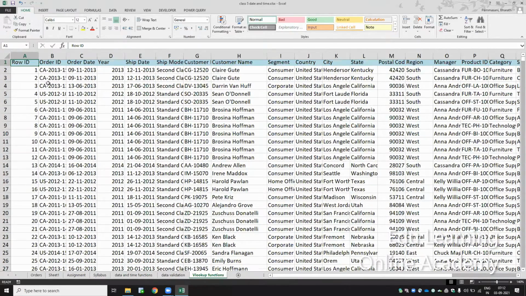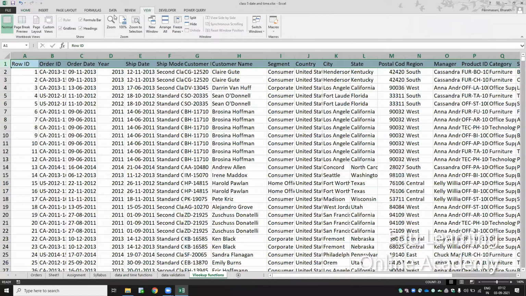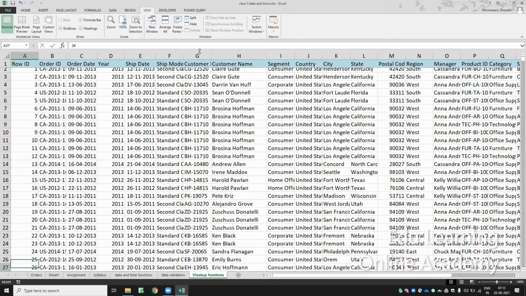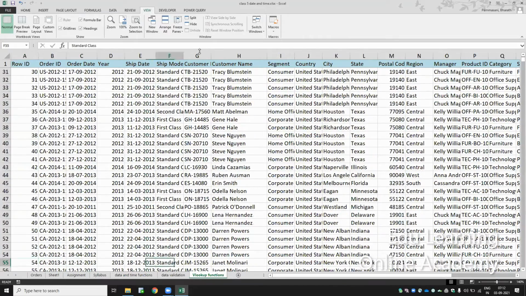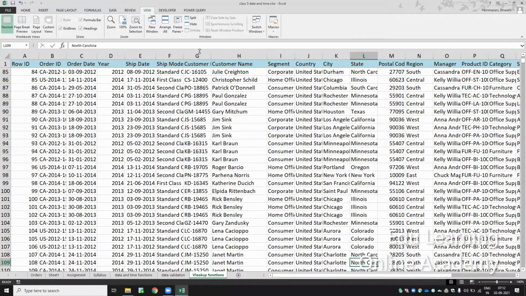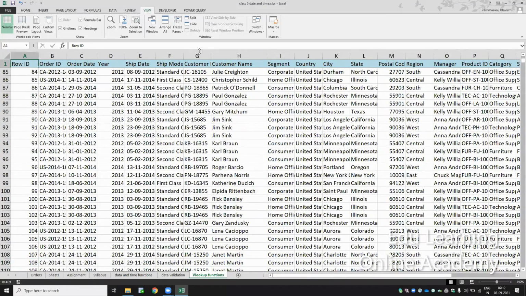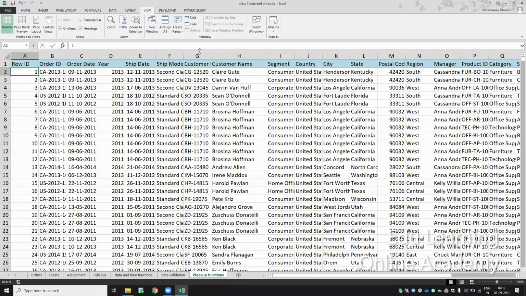So what I can do is freeze the first row. I'll select the first row, go to View, go to Freeze Panes, and freeze the top row. So if I come down, the first row will remain the same. Wherever I am, I can find which column I'm in. Okay, I'm in the city column. So this is freezing. Now let us discuss the lookup function.